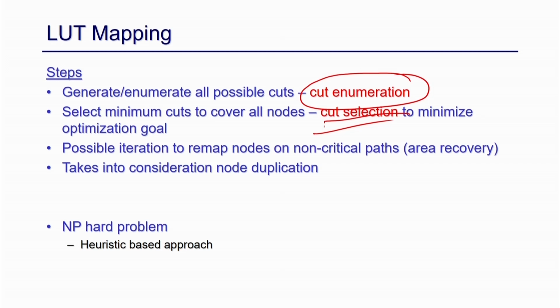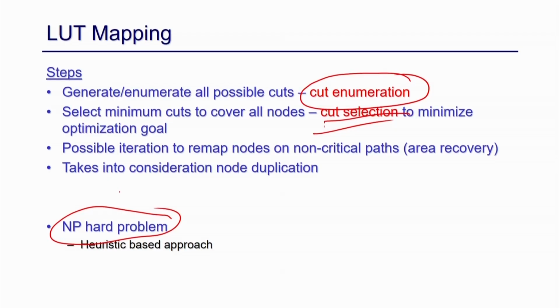And as I mentioned, this problem is NP hard. We do not have an exact solution, that is, the minimum possible mapping of the gates into a k-LUT. So, we always have a heuristic-based approach, which is basically iterative. You do one mapping and then you try to change it a little bit, go to another iteration, try to do some modification in the mapping, try to get a better result. So, this is what is called